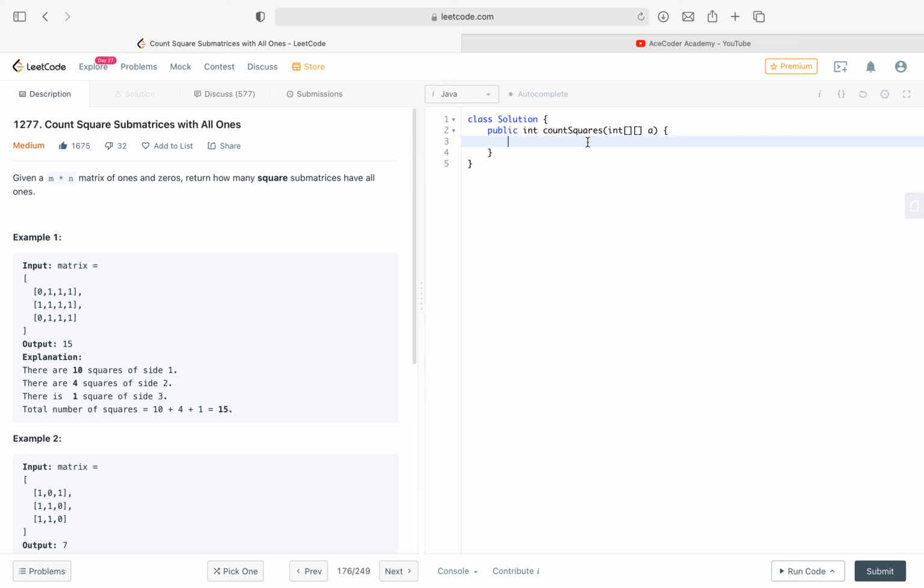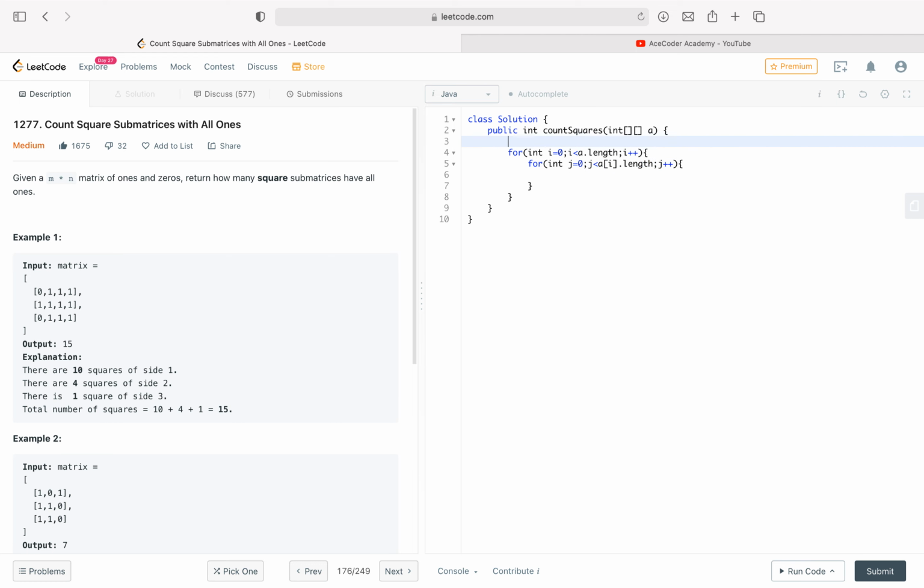I will be applying for loops: for int i equal to 0, i less than a.length, i plus plus, for int j equal to 0, j less than a[i].length, j plus plus.